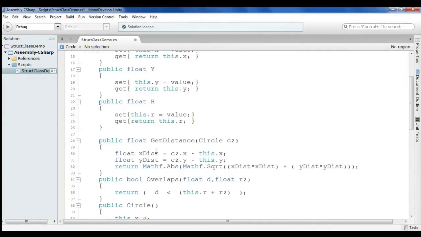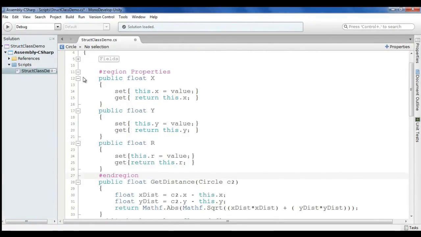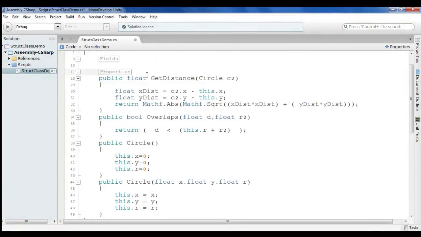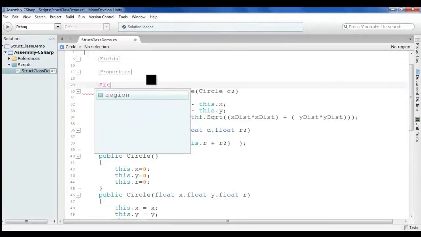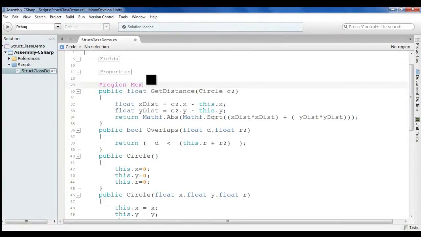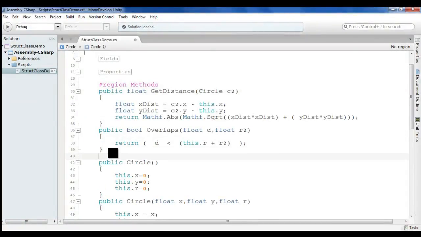It is good if you people practice these things. Region, hash end region. I can collapse this. I can see where is what now, right? Hash region, this is for members, or I can say methods, up to here.